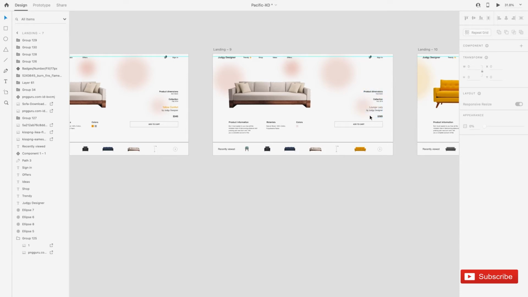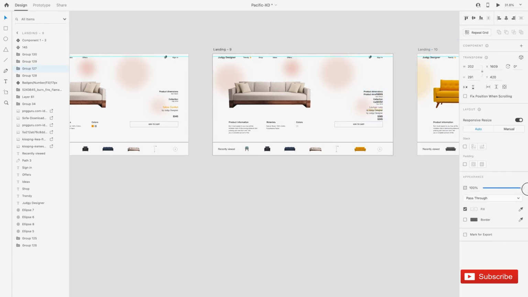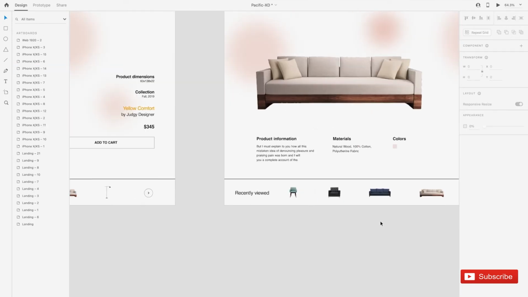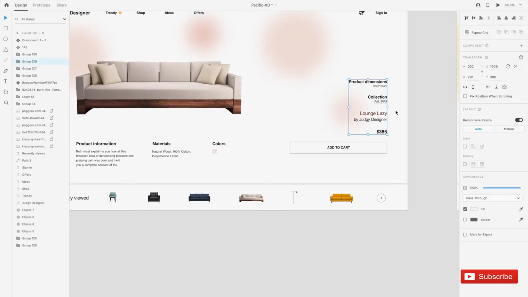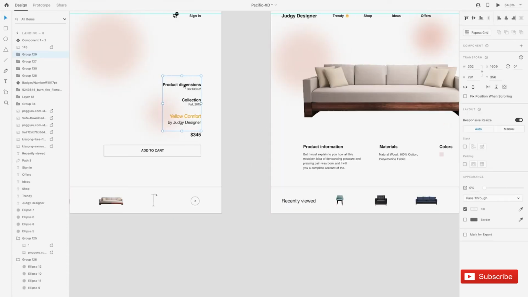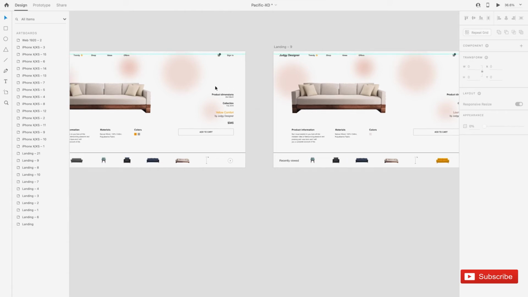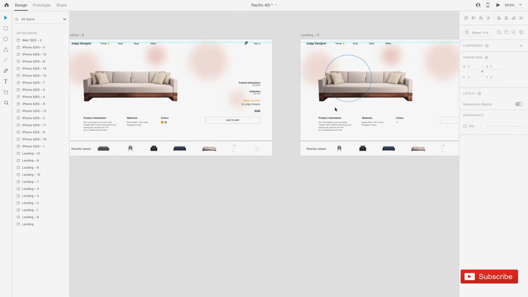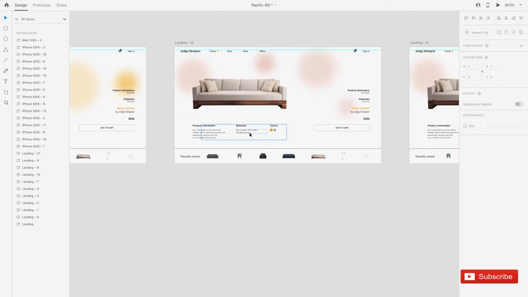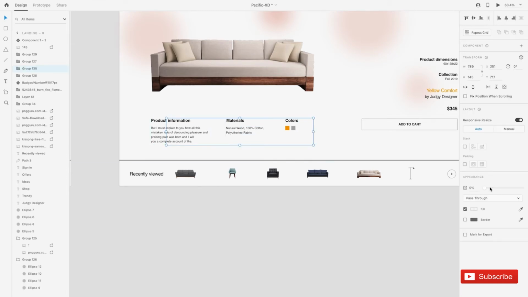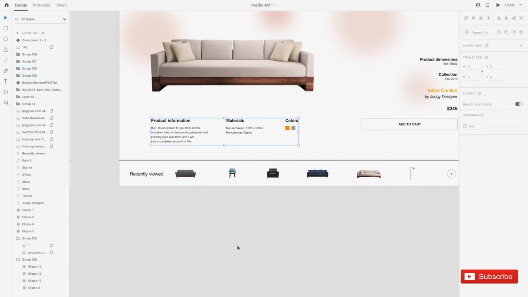Similarly, after this mid effect, we are creating another effect which swaps the text. So here also there are two layers, right? There is this yellow comfort layer that's getting hidden below, which is 100% previously, and a new layer that is the description for this couch is coming in. As you can see, which is 0 here. So whichever is coming needs to be from 0 to 100, and similarly this is hiding, so it will be from 100 to 0. It all depends on opacity and the position. So you need to fix the initial position and the final position. Similarly, we have two different layers here as well. The one that will appear on top and the one that will disappear, which is at the bottom.